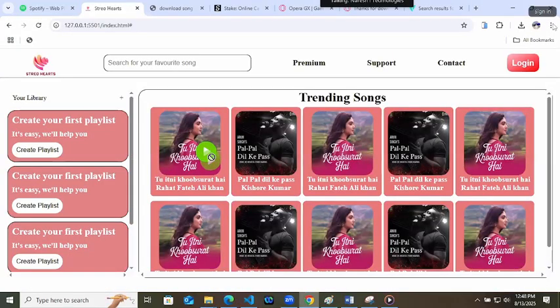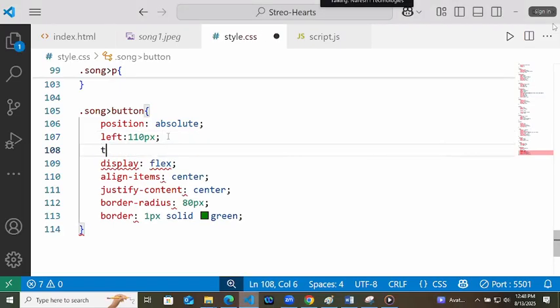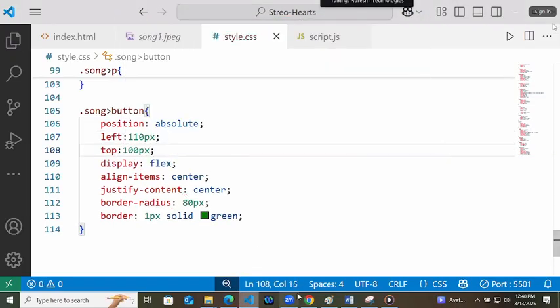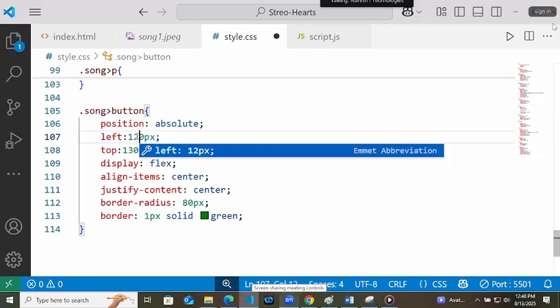From top also we wanted to give somewhat of a top to it. At first top of 100 only I will give to check where it is coming. 130 and this is 120.